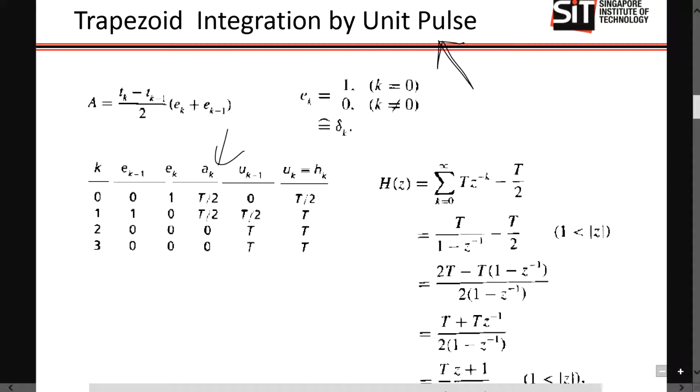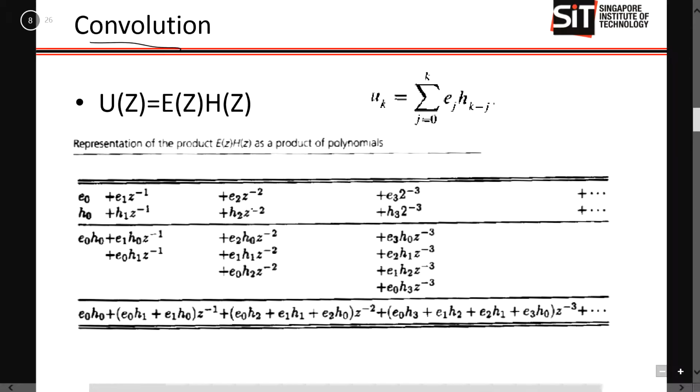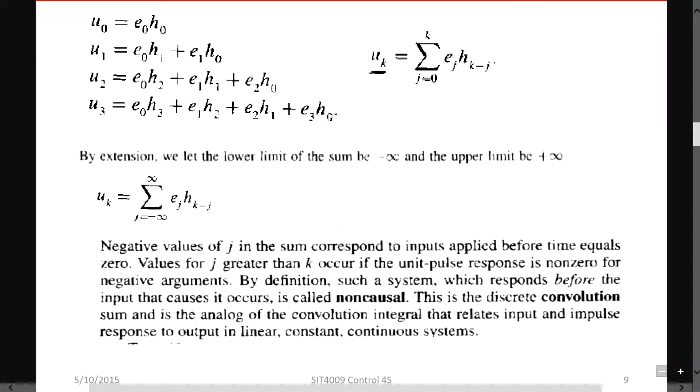In fact, it's the same thing that they're talking about, but they're plotting it in terms of a table, so that at least it's easier for us to see. Just now we were writing everything by scribbling, right? Anyway, let's continue. Just to repeat again, this one is exactly what we are doing, but in terms of a table system. Convolution is just saying that E convolute H, simply like E times H, that's all. So summation,